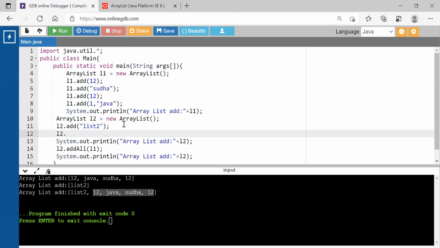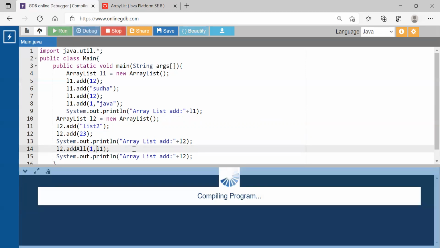Say for example, I'm adding one more element, 23, into it, and now I want to add this L1 at position 1. I can say 1 comma L1. When I say 1 comma L1, it will add this L1 list at position 1.